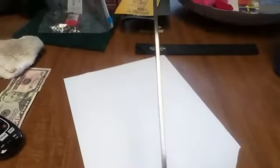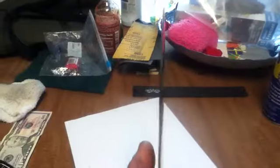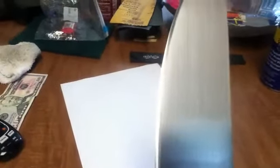Now this is fairly thick stock. It's 0.14 stock of 1080 plus. This is what he wanted. He wanted a knife with a cleaver-like edge. He always used to use his father's cleaver when he was a chef, but he lost that knife in a fire. So I put an almost mirror polish on it up to 2000 grit, and then stropped with some stropping paste,